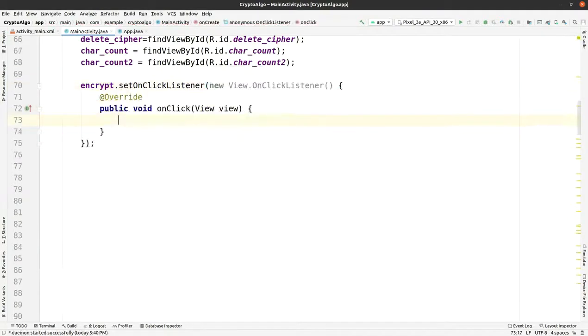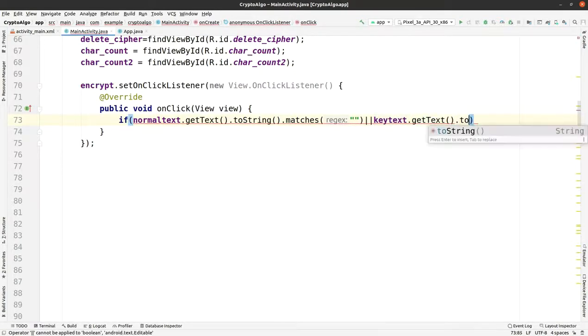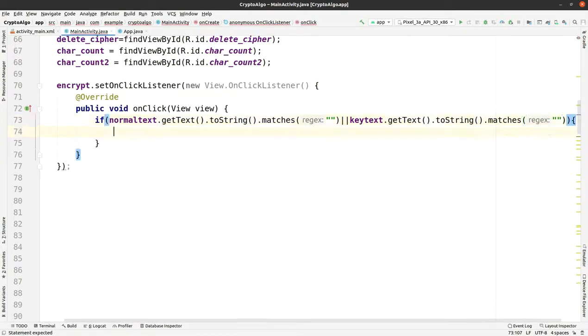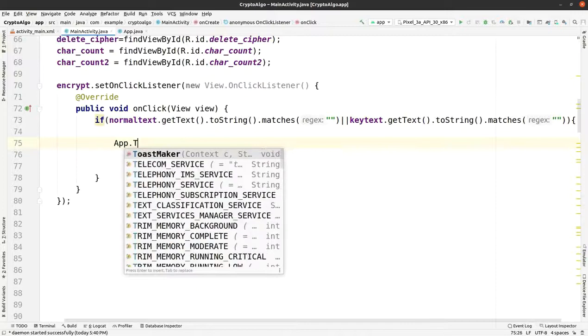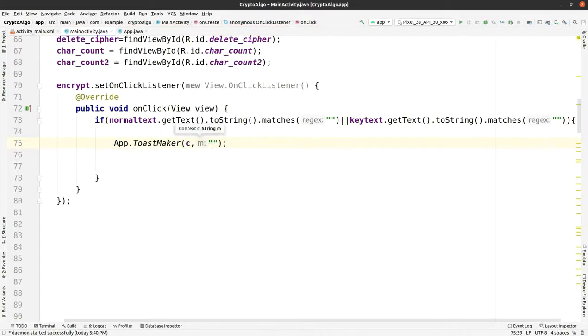Afterwards we have to just call up these functions, encryption and decryption, and then we are doing it here and making the condition for normal text. We are taking the text from there, and we are taking the text from key, and afterwards if it matches, then we are making a toast here, and the toast is enter input text and key. Okay, so it is done.